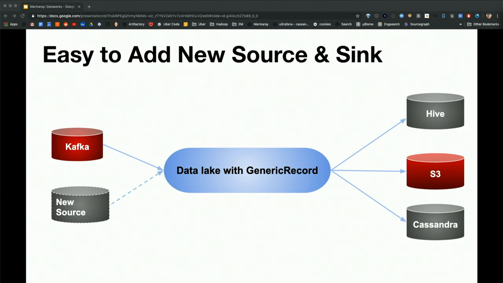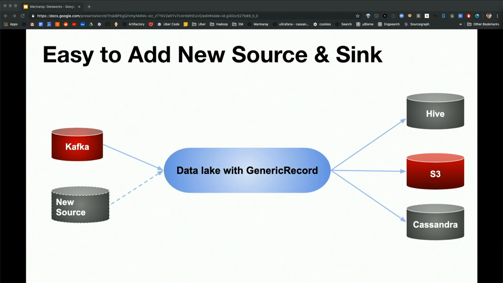And so in our data lake, everything is using generic record. One thing is we call this an Avro payload internally, and it's basically the generic record with some metadata around it. The part that I really want to highlight with this slide is that in that middle data where we have Avro payload, that is a format that is completely agnostic to what the source format is and what the sink format is. So if you actually write the support for this new source or sink, let's say that you add a new source on the bottom left there, right?